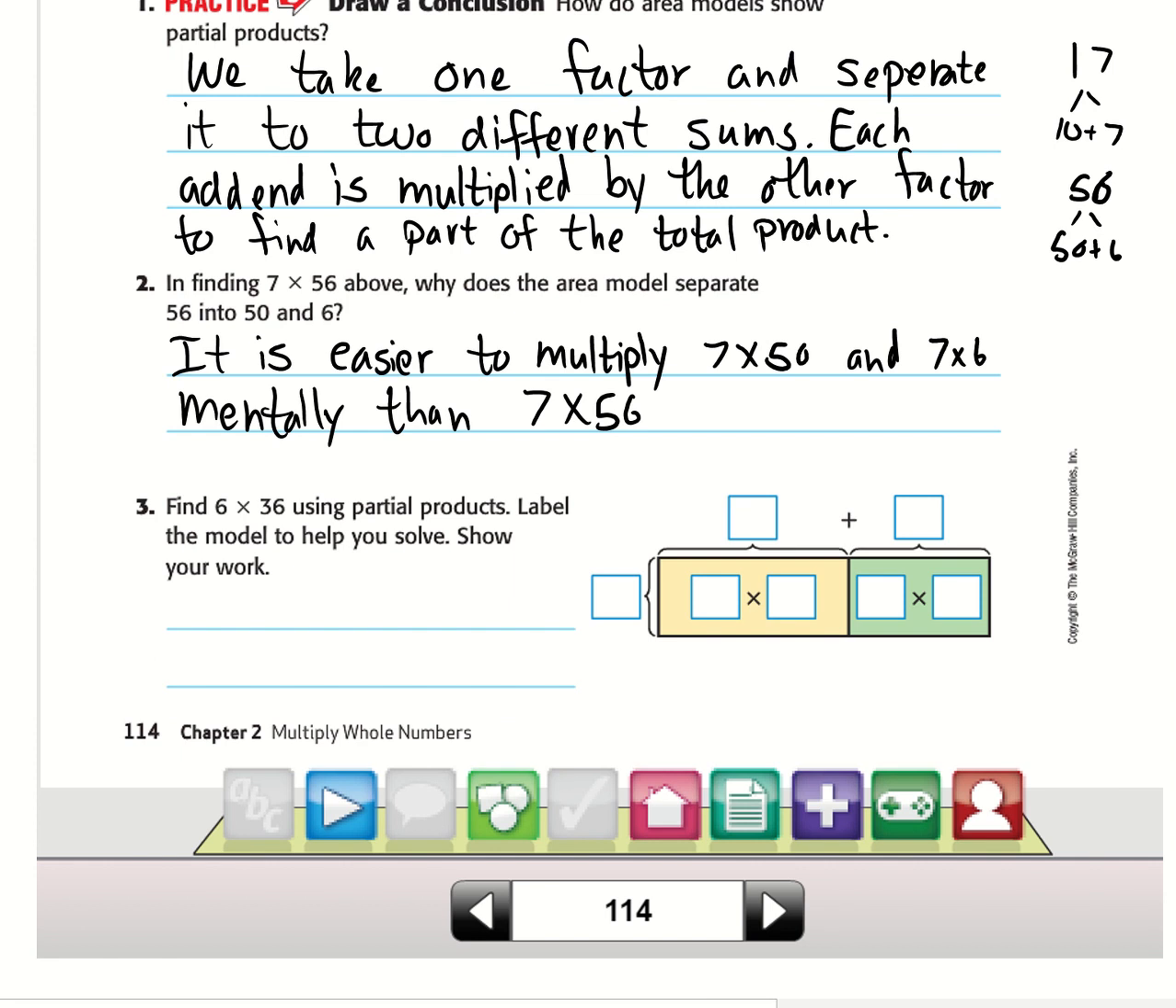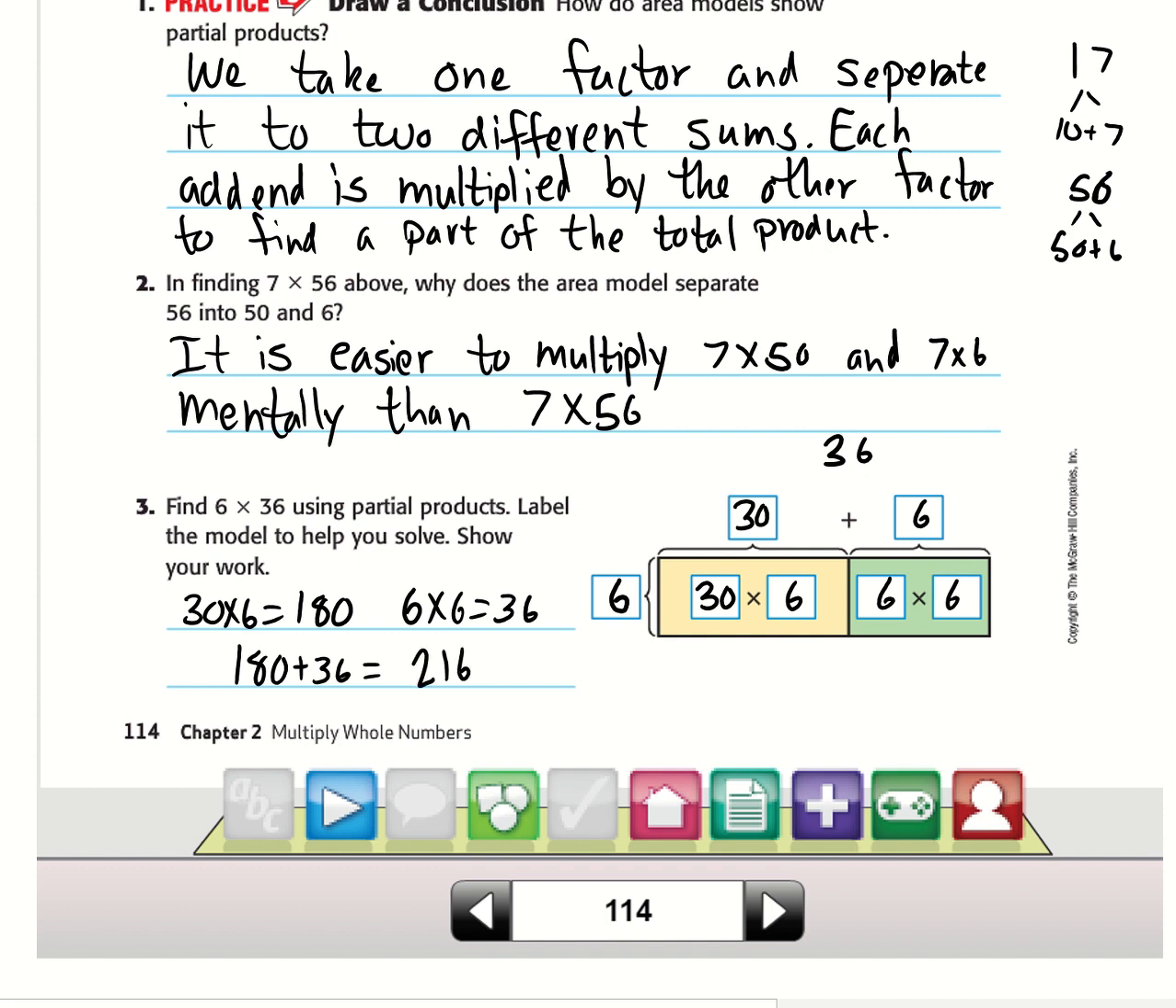Number 3 says, find 6 times 36 using partial products. Label the model to help you solve. Show your work. We know we're going to be multiplying this by 6. In 36, we're going to split this up. Hopefully you did 30 and 6, because 30 ends in a 0, then the leftover 6. So we have 30 times 6, and then we have 6 times 6. 30 times 6 equals 180, because 3 times 6 is 18. And 6 times 6 equals 36. After we take 180 plus 36, that's going to give us a final answer of